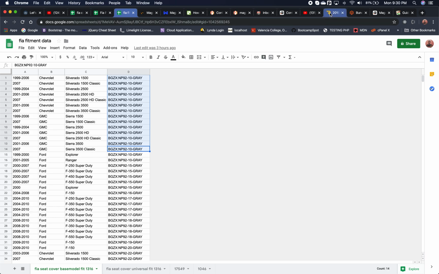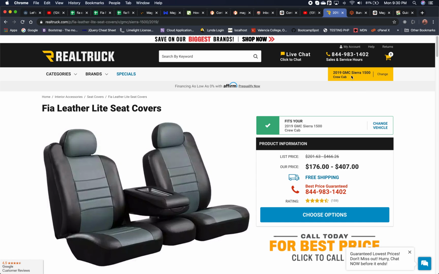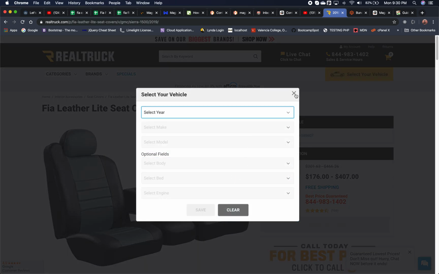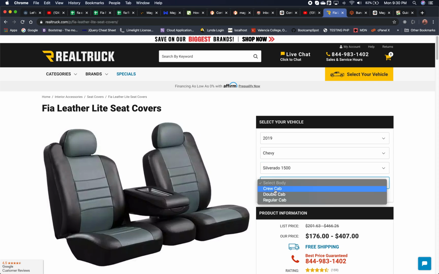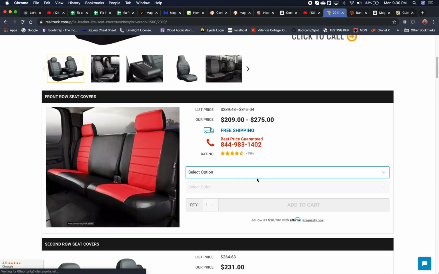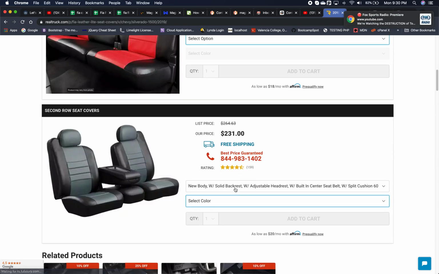An example of how this is being used is right here in this website. This is called realtruck.com. Okay. When you land on the page, you are required to select the vehicle. So 2019, 2000, pick the model or the make, which is Chevy, the model, which is Silverado 1500, and then the body. And then that allows you to see the configurable products, which is the front row seat cover and the second